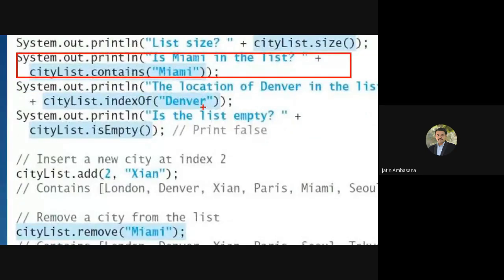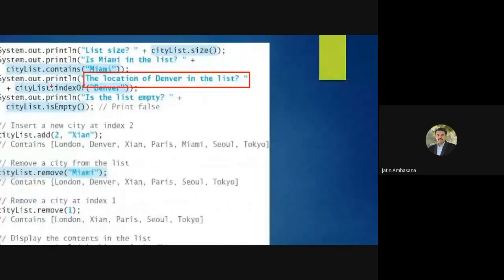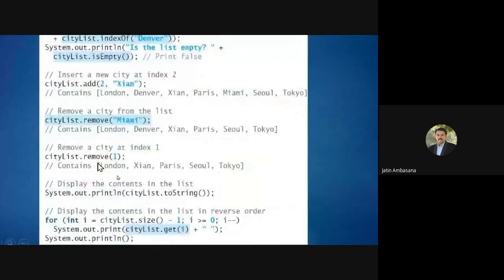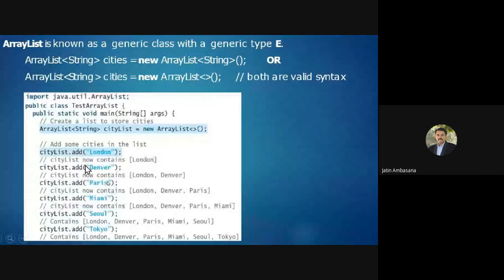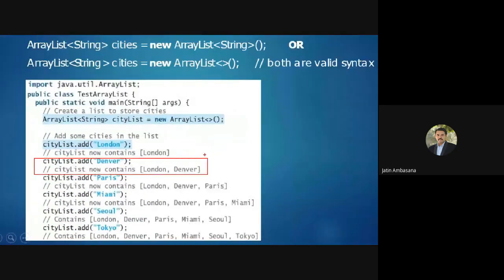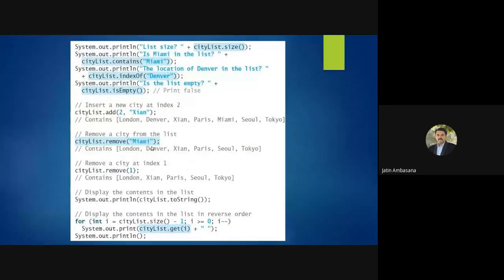Then we check what the location of Denver in the list is. If we see the location, Denver is located at the 2nd location. But since it's an ArrayList, the index starts with 0. You got the point.